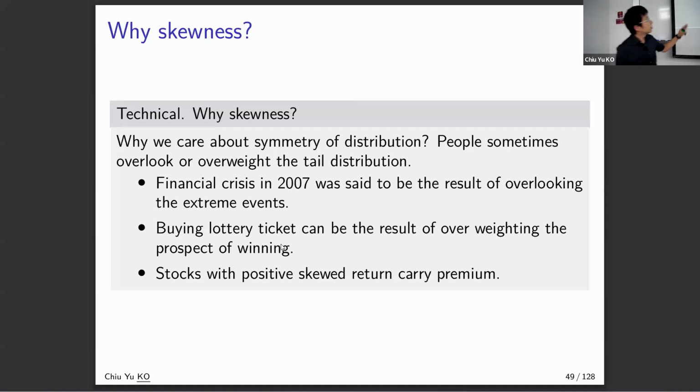Okay, and the second bullet point is about why people buy lottery, and explaining economics or business decisions, why people